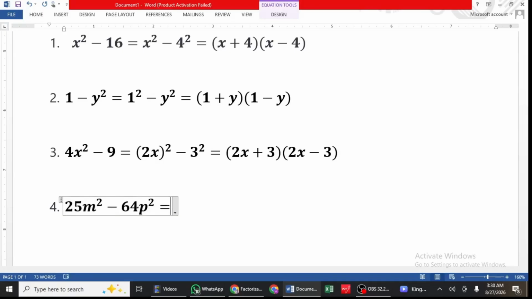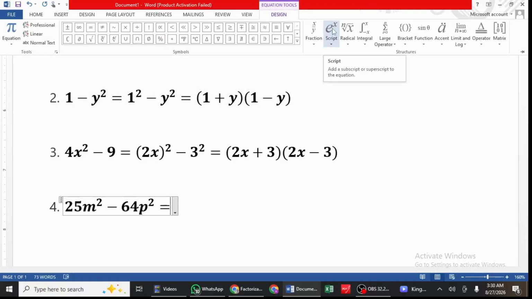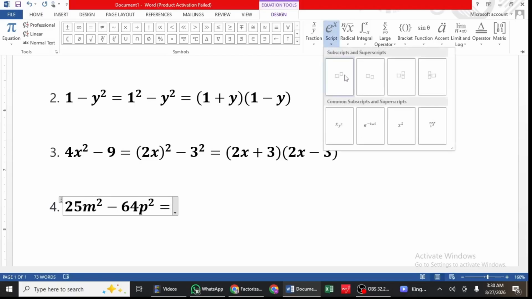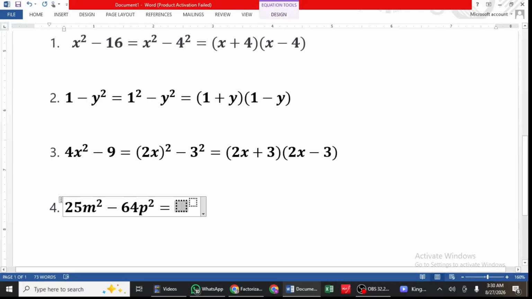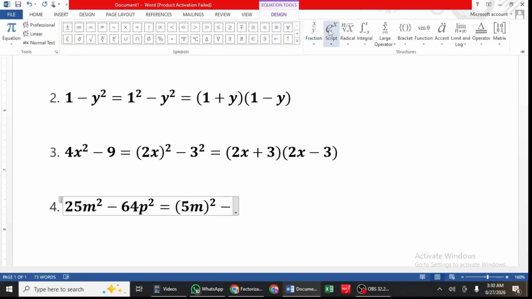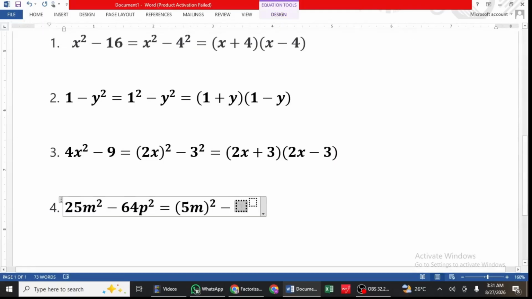Example 4. Express 25m squared minus 64b squared. The first thing is to recognize the expression as a difference of two squares. 25m squared is the same thing as (5m) squared, because 25 will give you 5 squared. Because of that, 25m squared, we can express it as (5m) squared. Then 64 also, 64 will give us 8 squared. Because of that, we can express 64b squared as